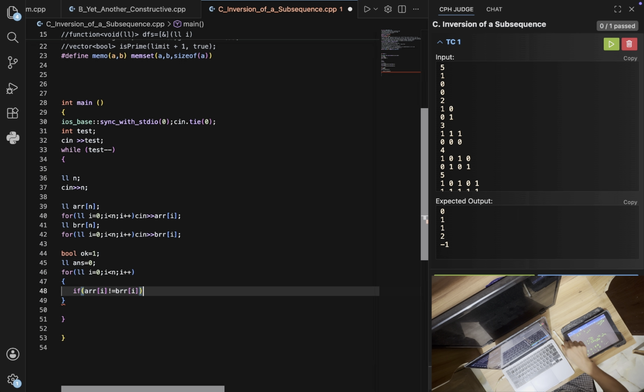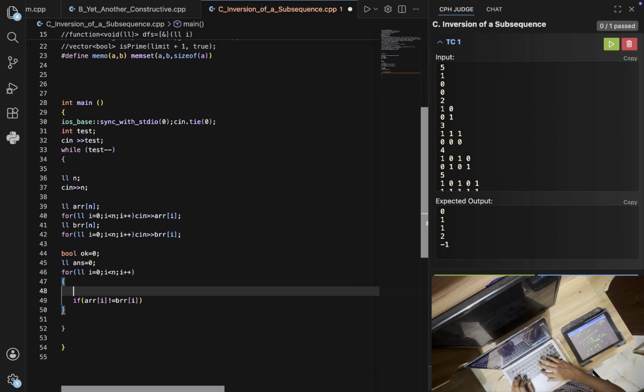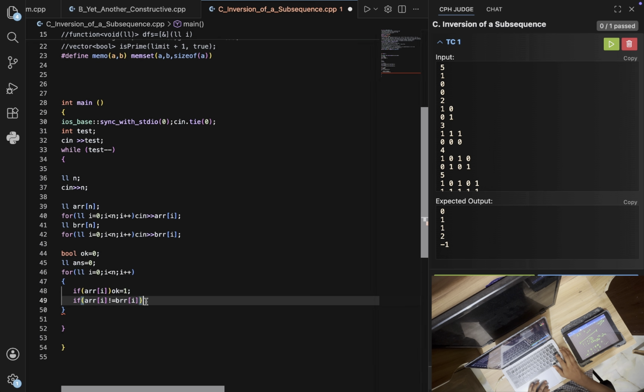Or if everything is 0, I can't do any operation. If those are not equal to,